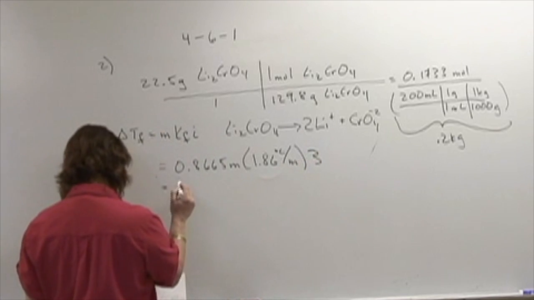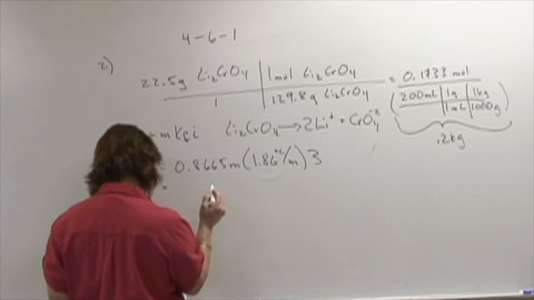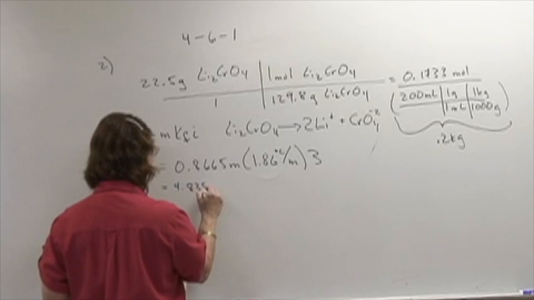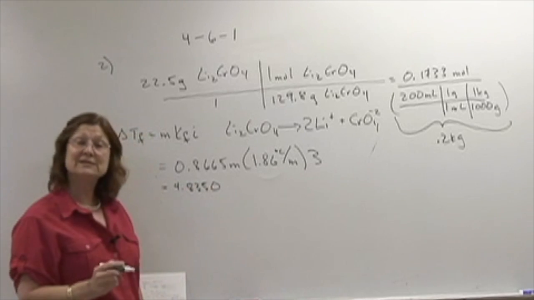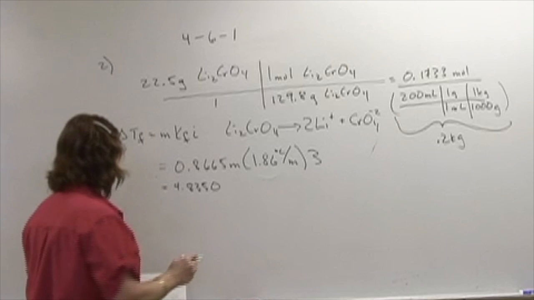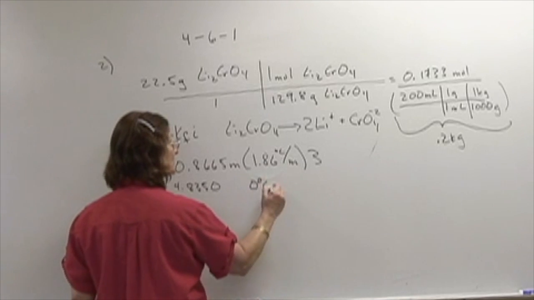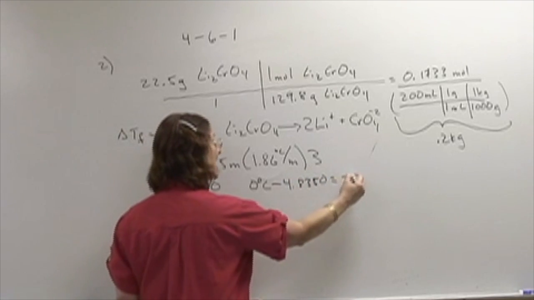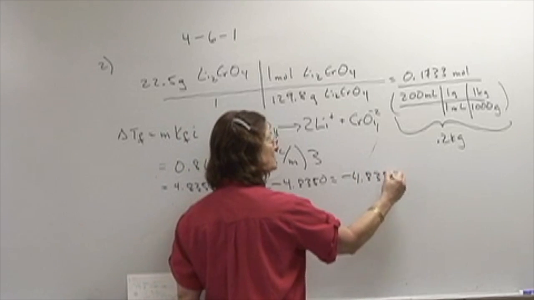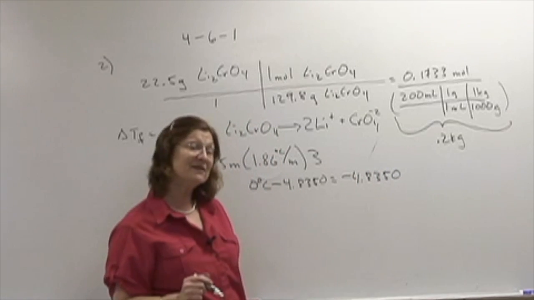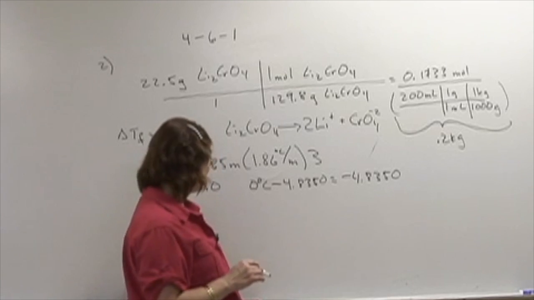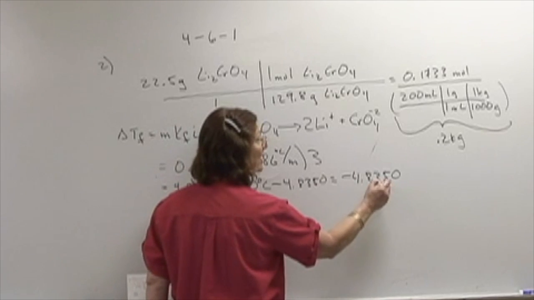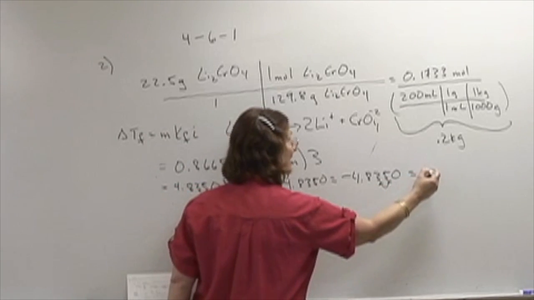And therefore, we have 3 particles. And when I multiply this out, I get 4.8350. And water normally freezes at 0, and freezing point goes down. And therefore, I have 0 degrees Celsius minus 4.8350, which gives me negative 4.8350. For freezing point, I use regular significant digit rules. And I go back to my original problem, and I have 3 significant digits. And therefore, this 5 will round the 3 up. And my final answer is negative